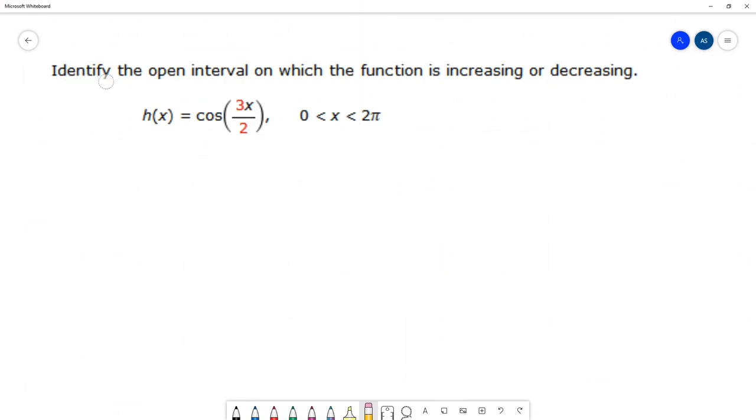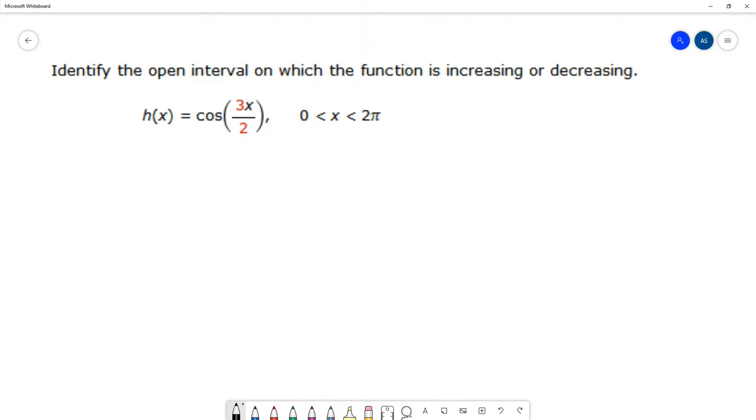For this example, we want to identify the open interval on which the function is increasing or decreasing. We're given the function h of x equals cosine of 3x over 2, and we're restricting our conversation here to just this interval from 0 to 2 pi, since the cosine function and the sine function